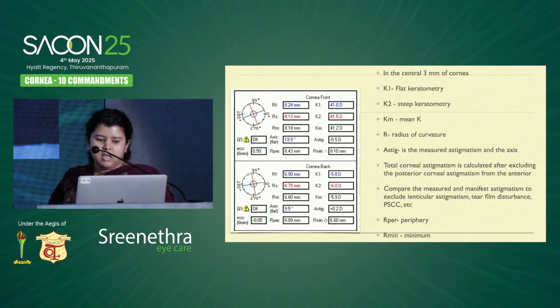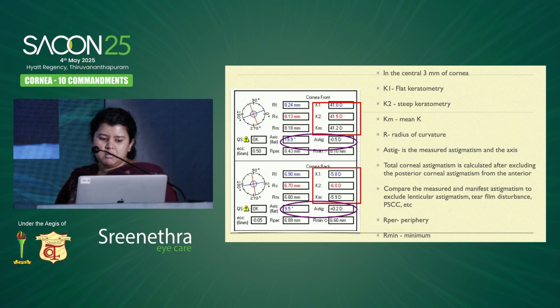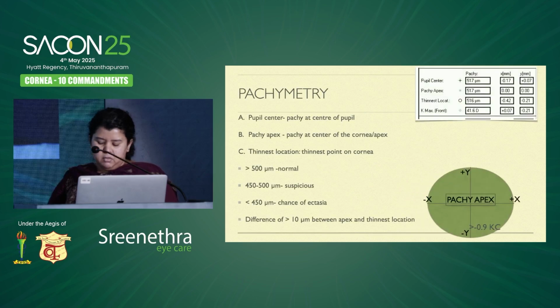Next, we have the keratometry value. It is the value from the central 3 mm of the cornea. The K1 is the flat keratometry, K2 is the steep keratometry, Km is the mean K, R is the radius of curvature, astigmatism is the mean measured astigmatism, and the axis is the axis of the astigmatism. The total corneal astigmatism is calculated after excluding the posterior corneal astigmatism from the anterior, and it is to compare the measured and manifest astigmatism to exclude lenticular astigmatism, tear film disturbance, PSCC, and